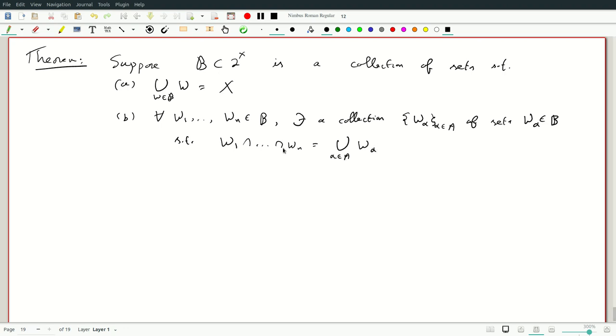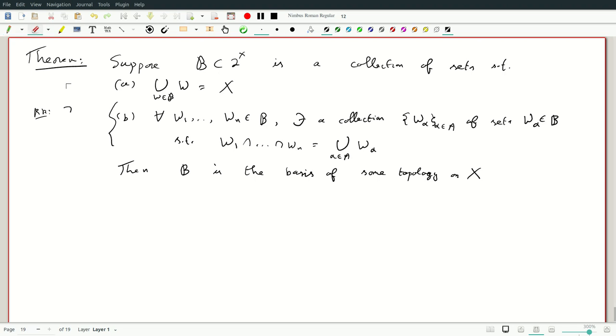Of W alpha, then B is the basis of some topology on X. And as emphasized, this can be rewritten equivalently. Given any point x here, there is a basic set which contains the point and is contained in this intersection. Okay, so remark: